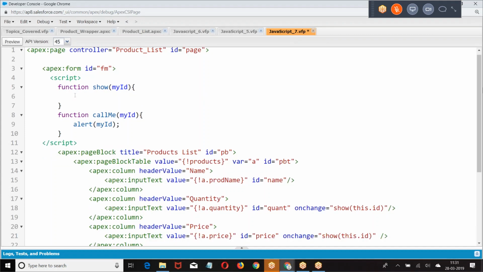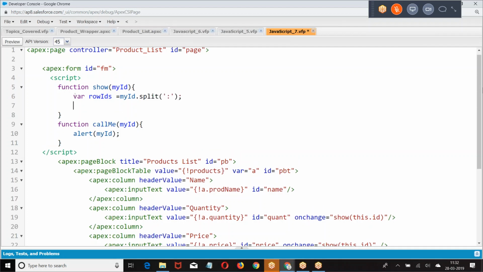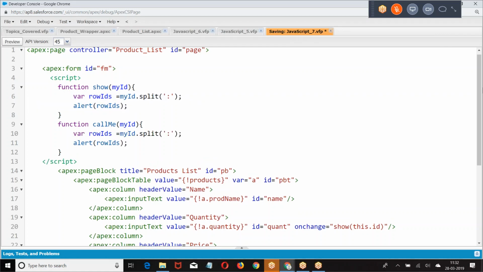Function showMyId. What I'm doing: rowId is equal to what I was supposed to do. myId dot split based on the colon. We are splitting it. The same story will also apply here. So go back. Whatever the ID you are passing, split that ID based on the colon.